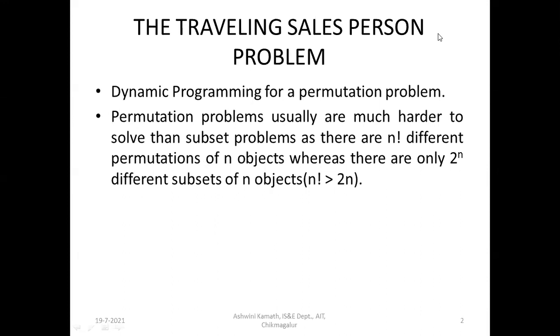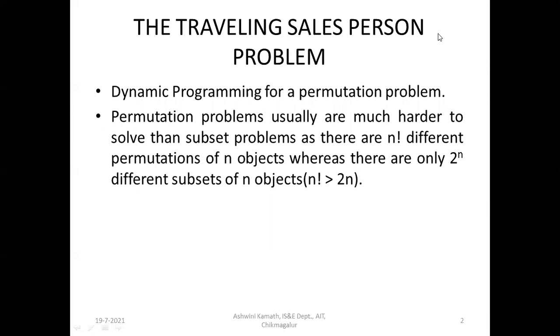You have seen that while writing the job sequencing algorithm solution, you wrote the subset solution directly, right? Many of you have written that, but that was not the solution. That was the greedy method we have, right? But subset problems are very easy to write, isn't it? But permutation problems are difficult to solve.